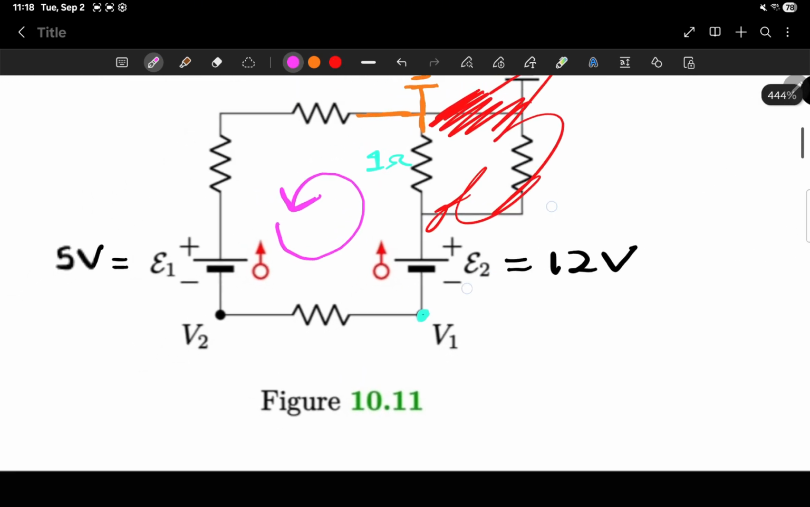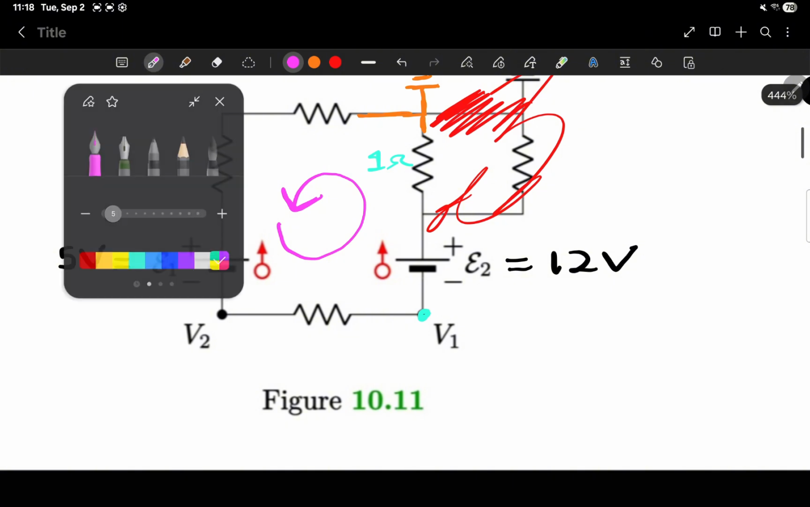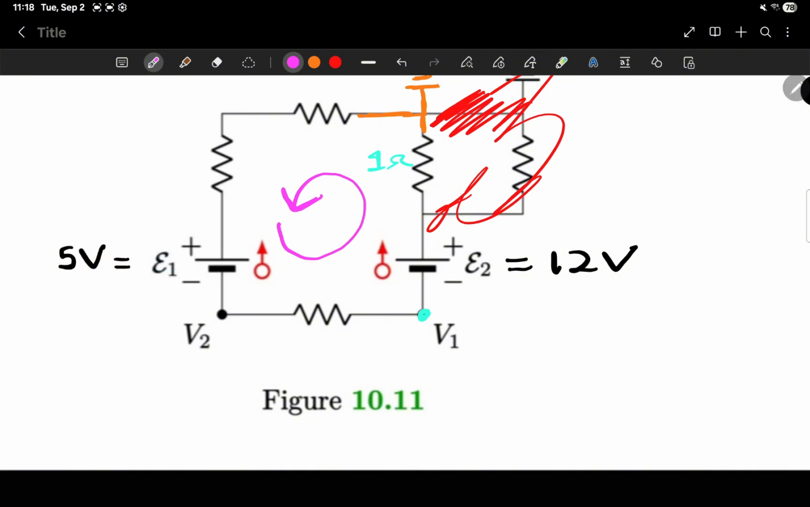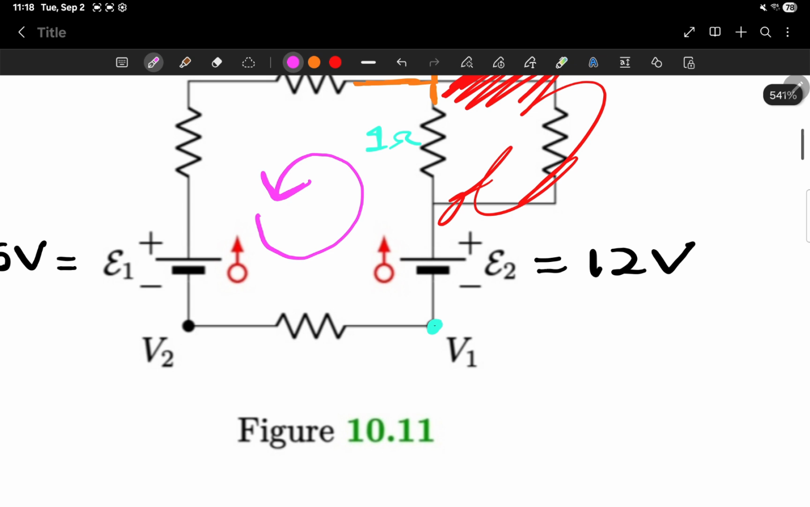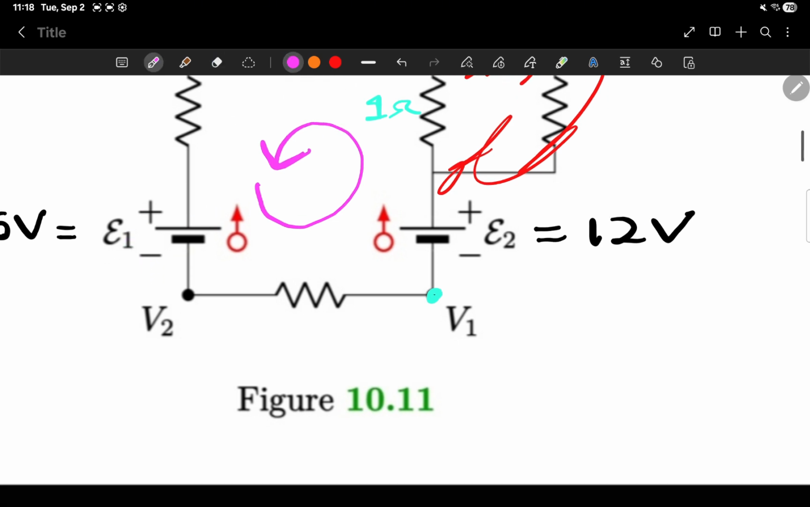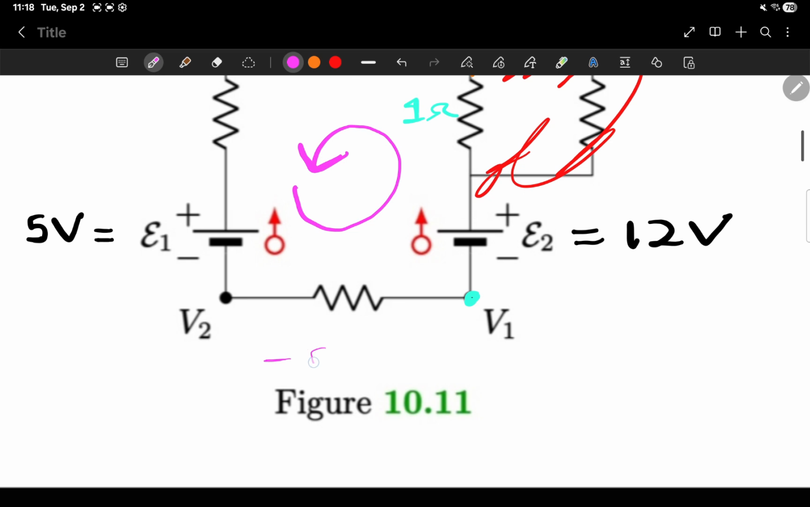Now I'm going to start writing that down. Just give me a second. So I'll start from here. I'm starting at the positive terminal of E1 and I'm going through the negative terminal. So I have negative 5 volts. And then I'm going through this resistor,